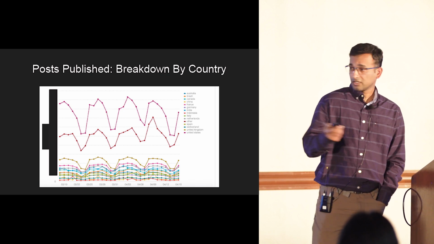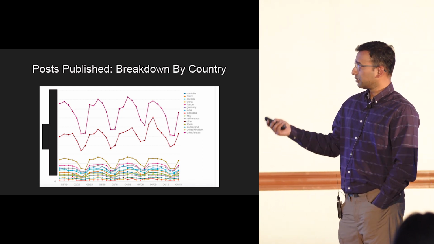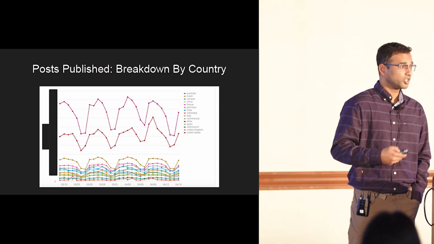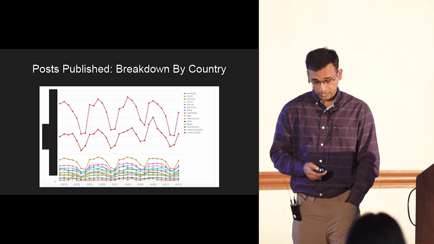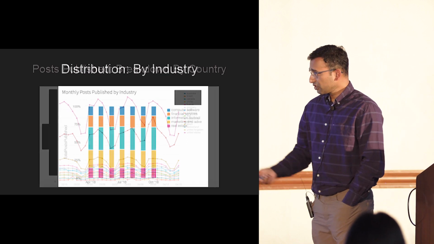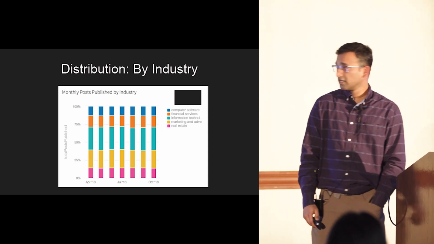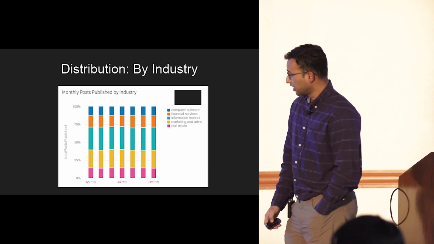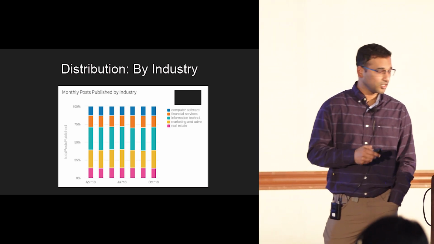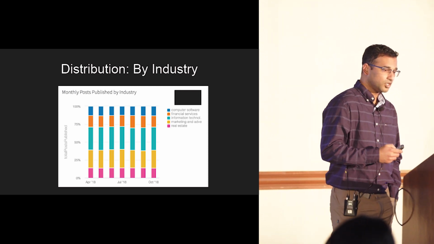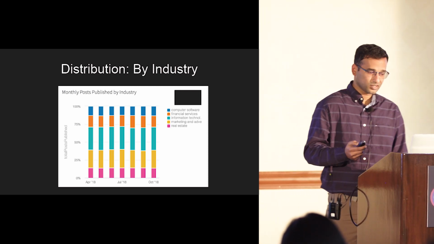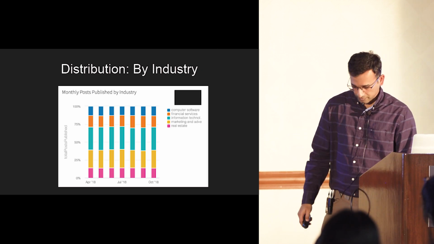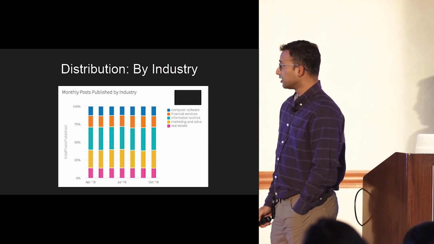And it's the same data, so now you can look at where the clicks and the views are coming from, by different countries. So the dimensionality is much, much richer than what we have on the site-facing side. Another thing that you can look at is how the grouping by different industries looks. Is there any change in the trend? Is it coming from the software industry, or is it from real estate? What is the distribution and how is it over time? This is something that is used extensively at LinkedIn internally.